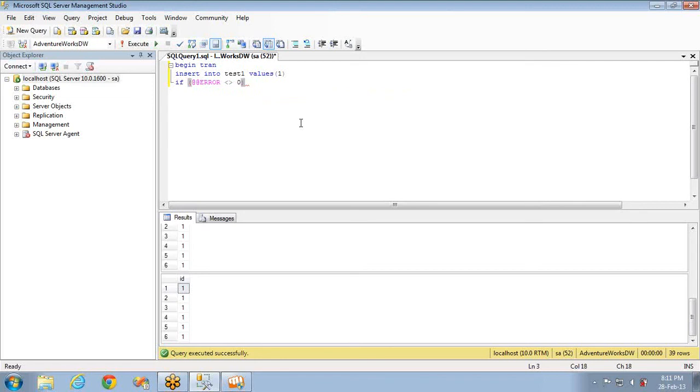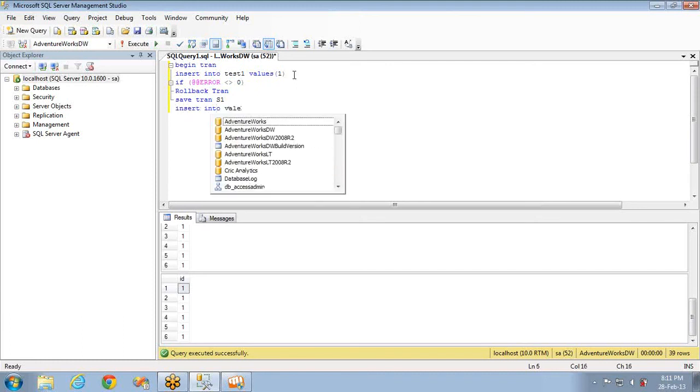If any error occurred, there will be one ID assigned to this global variable error. So if it is not equal to 0, then roll back transaction. So this is how you can find out if there is any error occurred in this insert statement up to here. Then it will check here and it will roll back the transaction. Else you can save the transaction up to here as S1. You can save it.